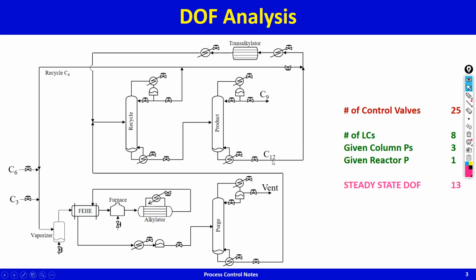Plus C12 will be very heavy, so heavy things are difficult to flow. So you want to add some light C6 so that the flowability of the liquid improves. Otherwise you'll have a very gooey mixture. Gooey mixtures flow with difficulty. So this degree of freedom would be used to hold typically the C6 to C12 ratio going into the transalkylation section, and the C6 to C12 ratio would typically be large to push the equilibrium conversion to the right. Okay, so that's that.